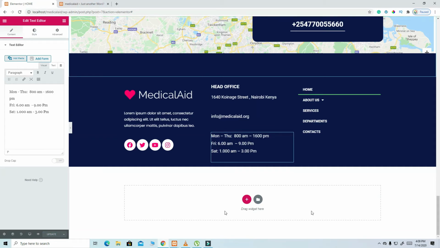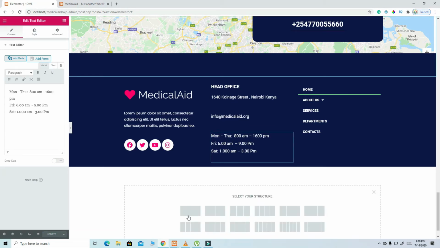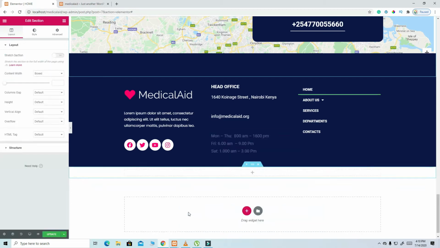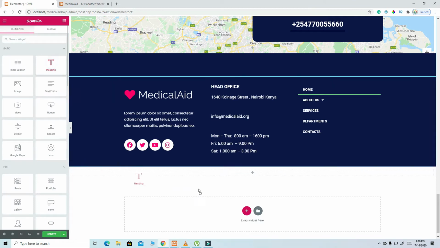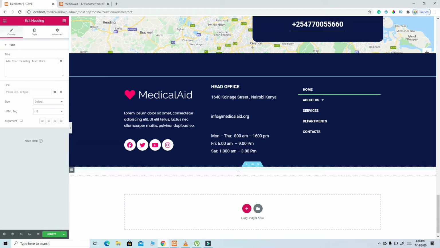Alright, now let's create the last part of the footer. So I'm going to click here, then I'll click on this part, and then I'm going to make it straight, then I'll make it full width. Now here I'm going to click on this ruby icon, and then I'll click on this part here, like so, and then I'm going to type here